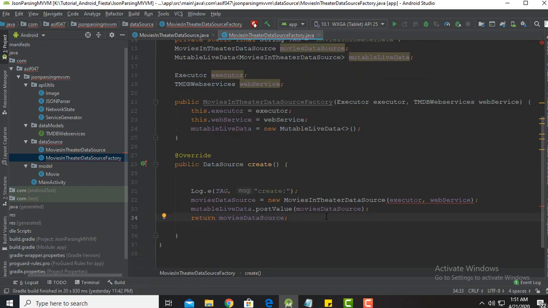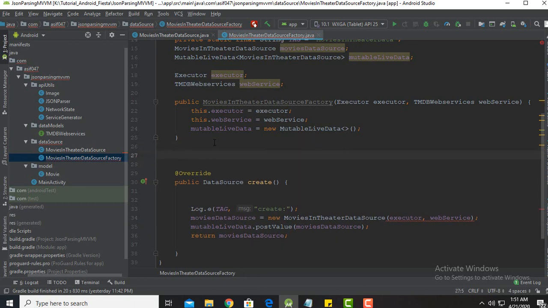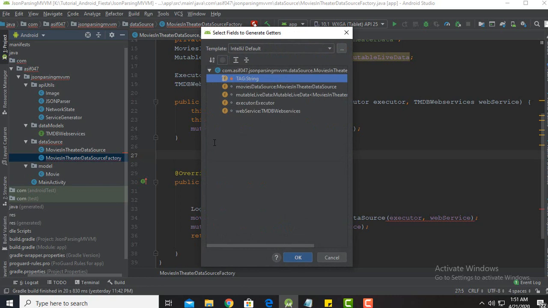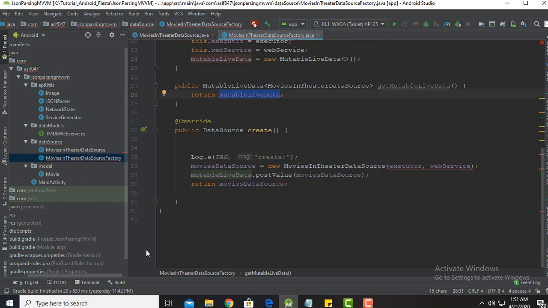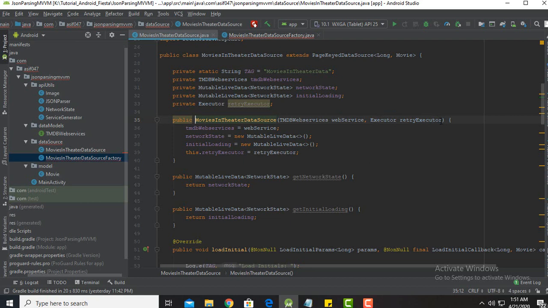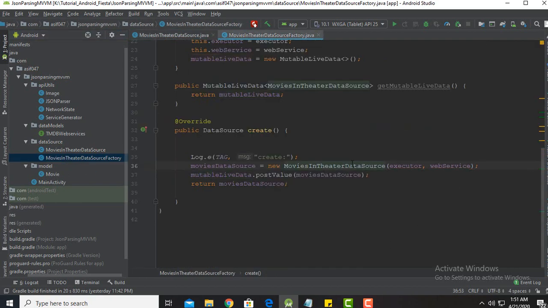Okay, that's it. After that, I will create one getter function for mutable live data. Okay, it will return mutable live data. Okay, and that's it. I guess something went wrong here. Why is this happening? Let me check what happened here. Executor will be at first, I think so. So that was the error, I think. Okay, we have passed exactly the same variables which are required in the constructor, at first executor, then the web service. Okay,